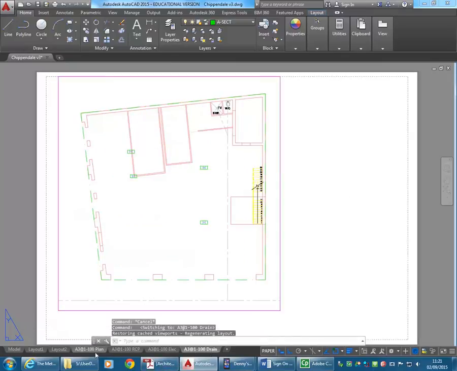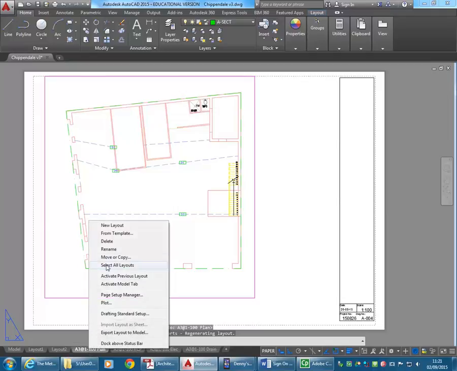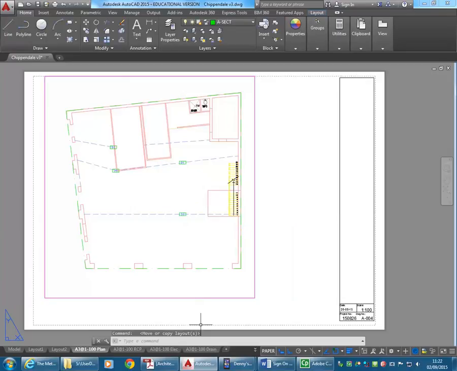So it doesn't really matter which of these I begin with. Maybe I'll start with the normal floor plan. I'm just going to right click on that tab and go to Move or Copy, tick Create a Copy, and choose Move to End, so that it goes at the end of the list there. Clicking OK. I've now got a new plan,